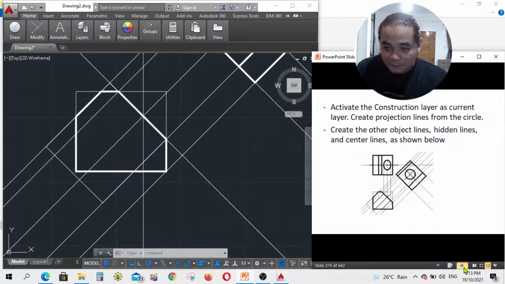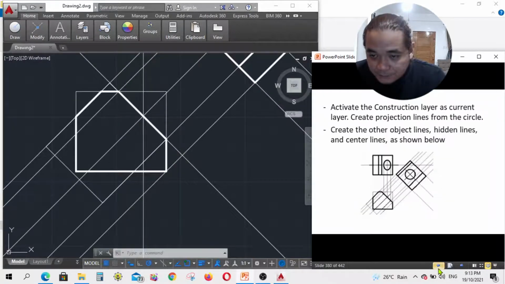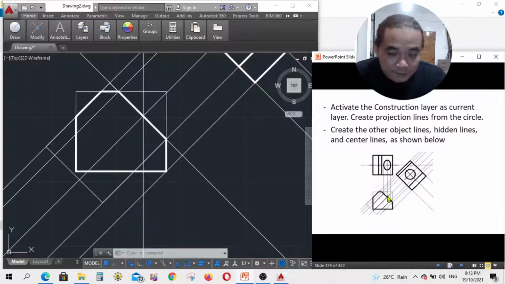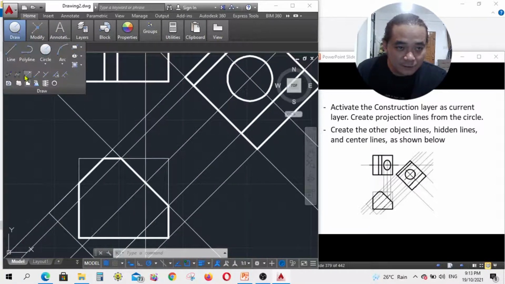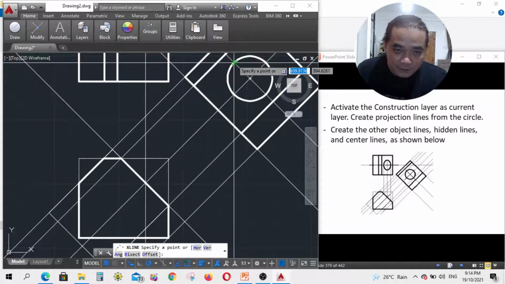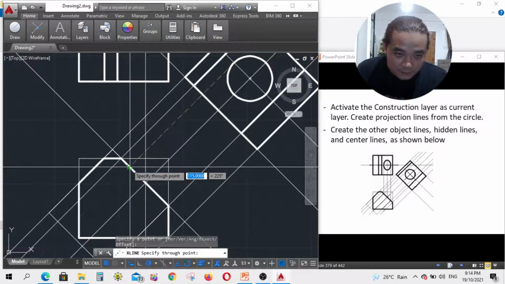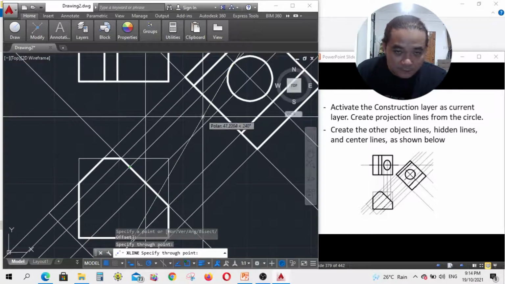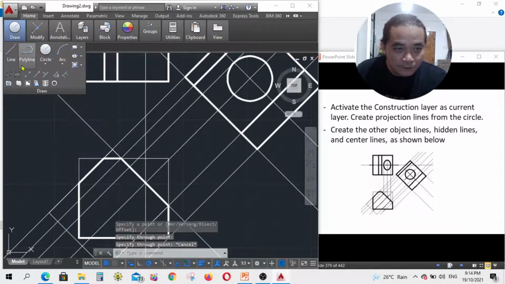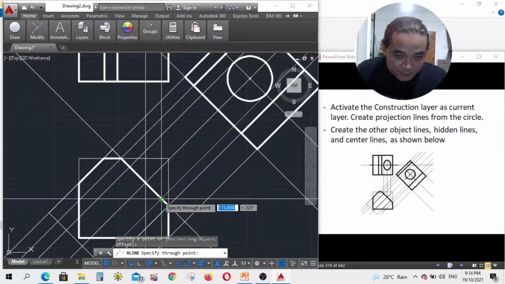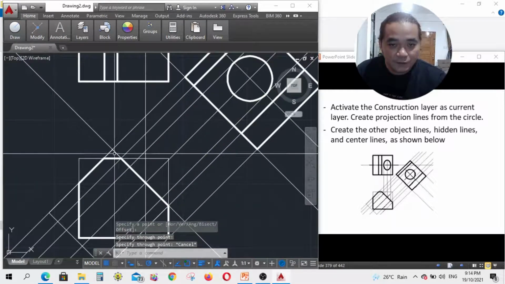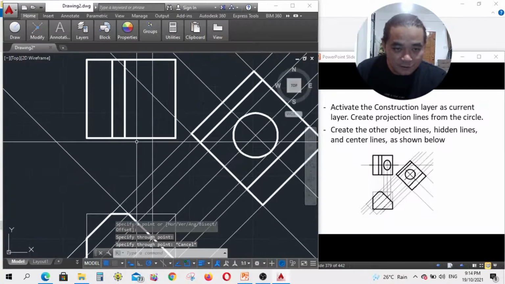But the other lines, it must be below here. So below, so the circle. So we need to project this one. So this one. Okay. Next is the circle. Okay, so that's the projection. Then from here,